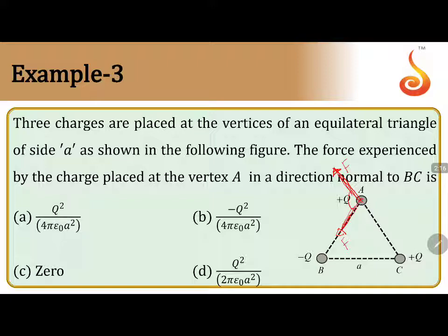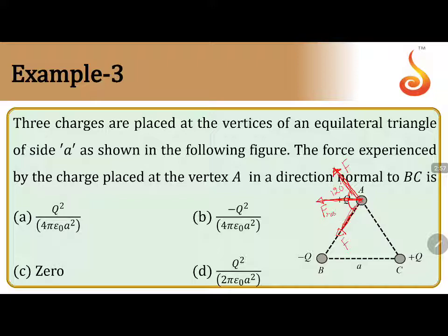120 degrees. When we have two equal forces at an angle of 120 degrees, then the net force or the resultant force will be bisecting the total angle, and the net force will be equal to one of the force magnitudes. So the magnitude of the resultant force will be equal to one of these magnitudes. If the resultant force bisects the total angle, then this resultant force will be horizontal. It will be leftward.